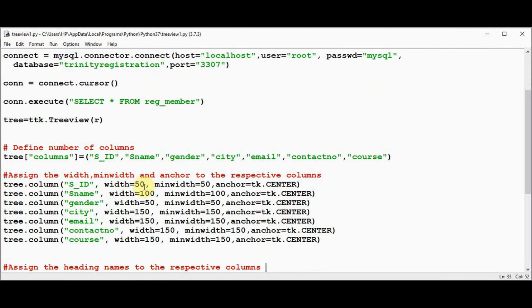So width is set to 50 for student ID, and minimum width is also set to 50. This minimum width means that when the widget is resized, this column will not become smaller than this value. You cannot make the width of a column smaller than 50. And anchor equal to tk.CENTER means that all the text is aligned at the center in the student ID column. Similarly, we are doing it for all the columns.